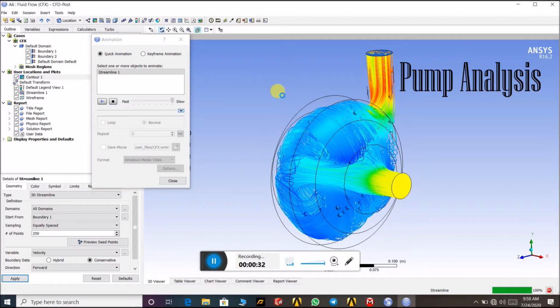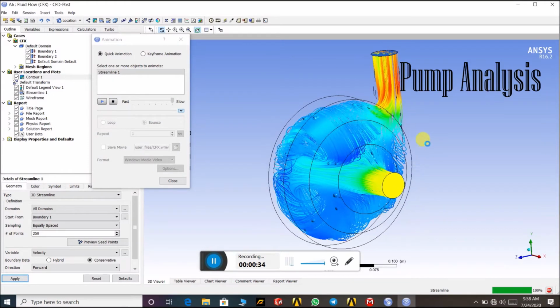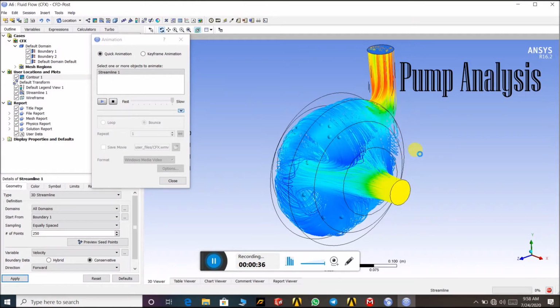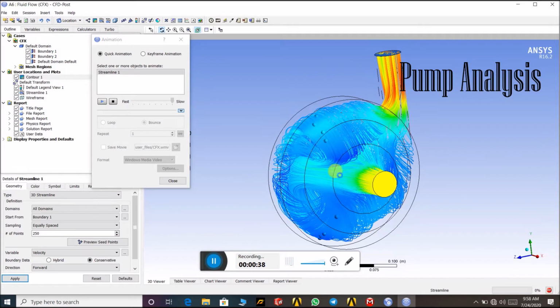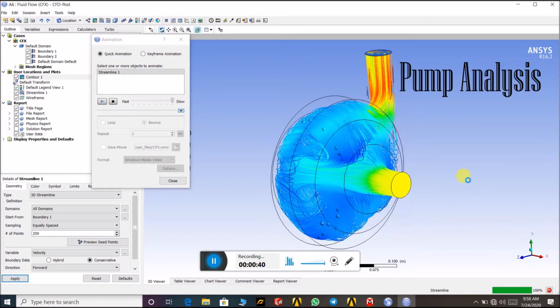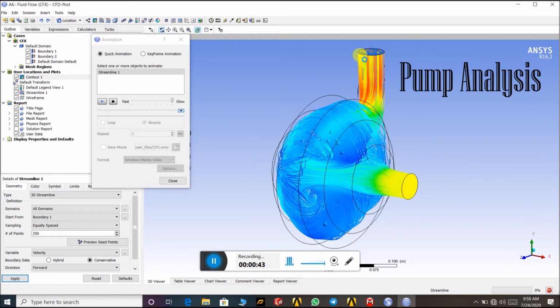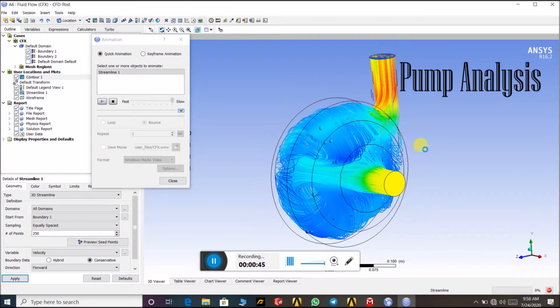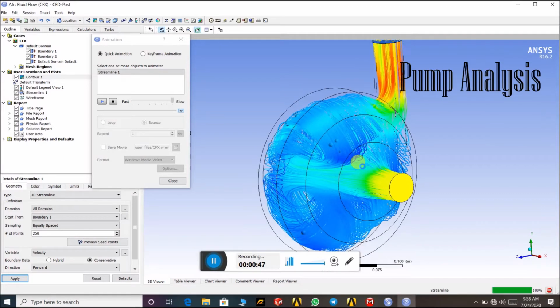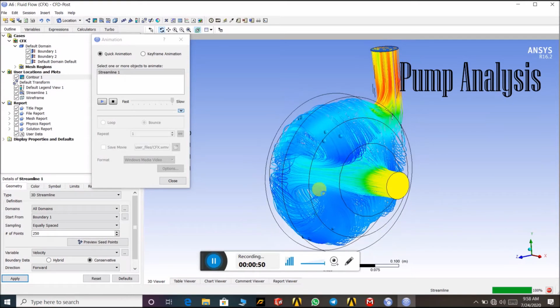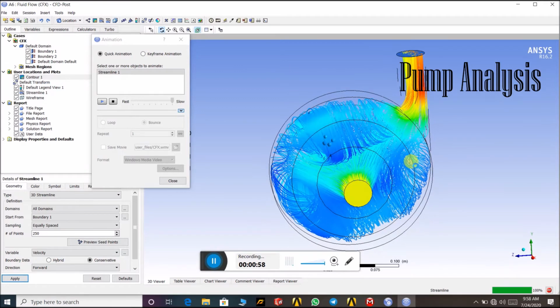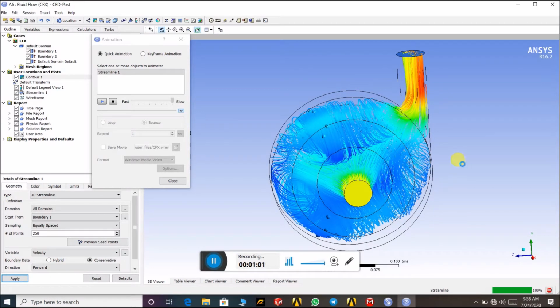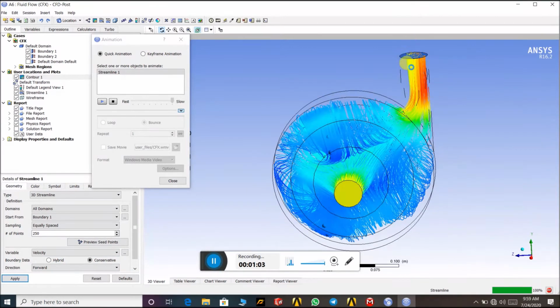Look at this. This is the water bubble. This is the ball shape. In ball shape you can see the water bubble here, and it's an inlet from here and an outlet from here. You cannot see properly how the water is going through this pump casing, because the water pressure here is too high, around 100 pascal. But in all the streamlines the water moves and then it goes out from here.